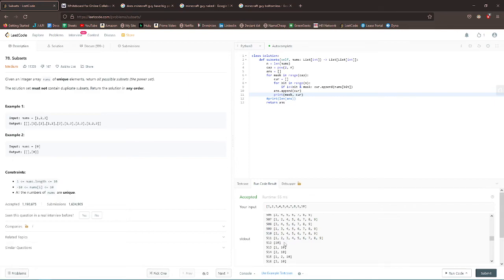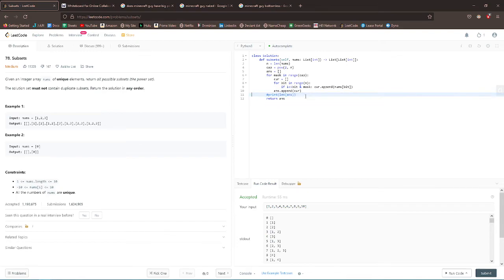So if we scroll down to the very bottom, we'll probably see, hey, 511 is 1, 2, 3, 4, 5, 6, 7, 8, 9. The very last one is probably 1, 2, 3, 4, 5, 6, 7, 8, 9, 10. Because instead of being 0, 1, 1, 1, 1, 1, 1, 1, 1, 1, it's 1, 1, 1, 1, 1, 1, 1, 1, 1, 1. Yeah. So I think the utility in this problem